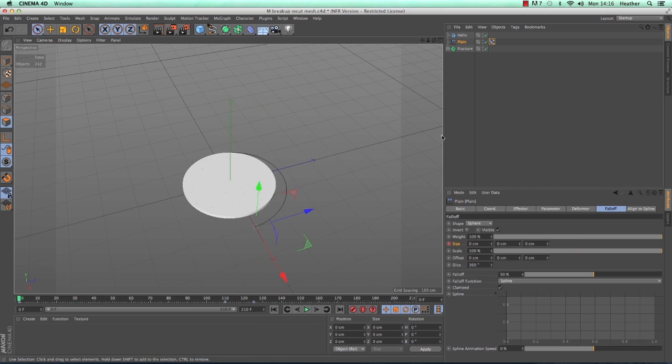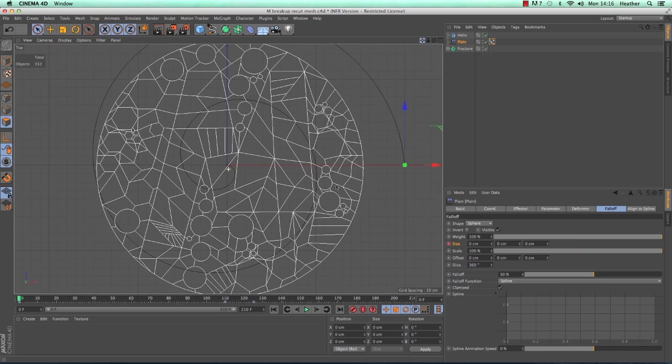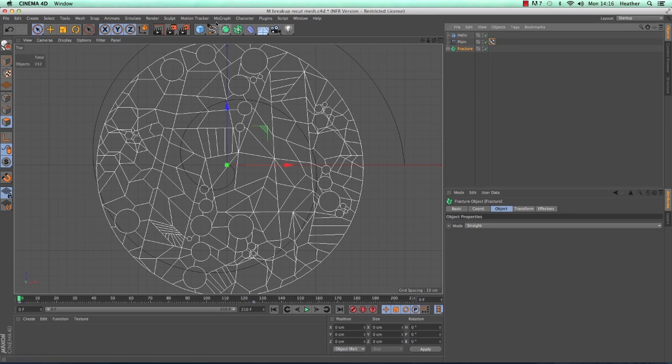The next thing we need to have a look at is keeping the chunks that belong to the M in view at all times. This is where we come to the MoGraph selection tool and the MoGraph selection tag. Right, so to do that I'm going to go back to the top view, probably it'll be easiest. And I'm going to make sure that the fracture is selected. And then go to MoGraph, and in there, second one down, you should see MoGraph selection.